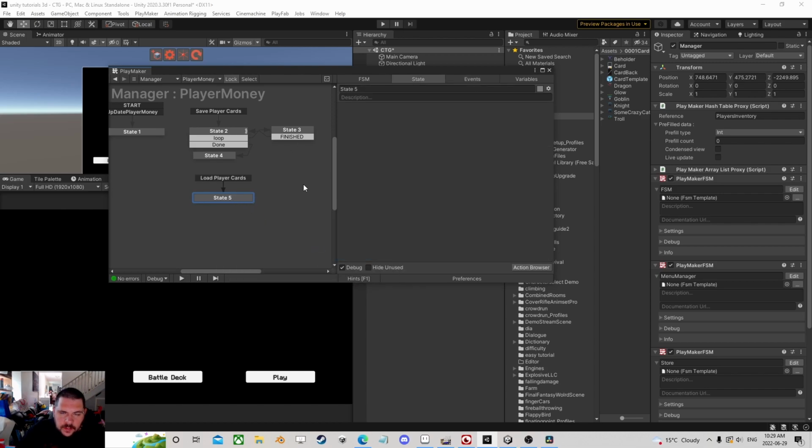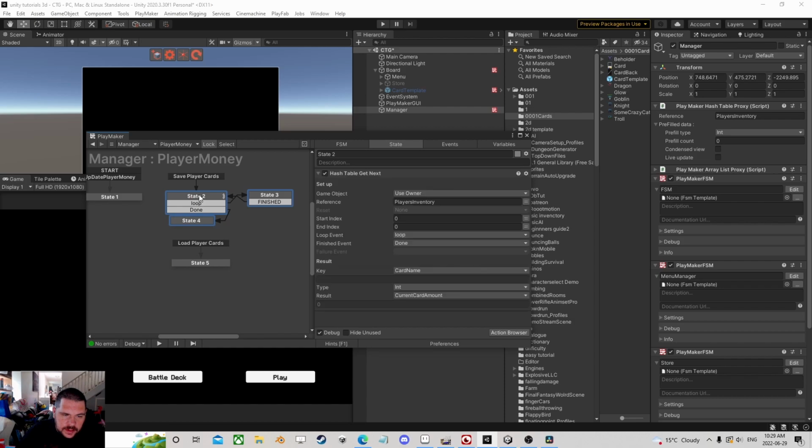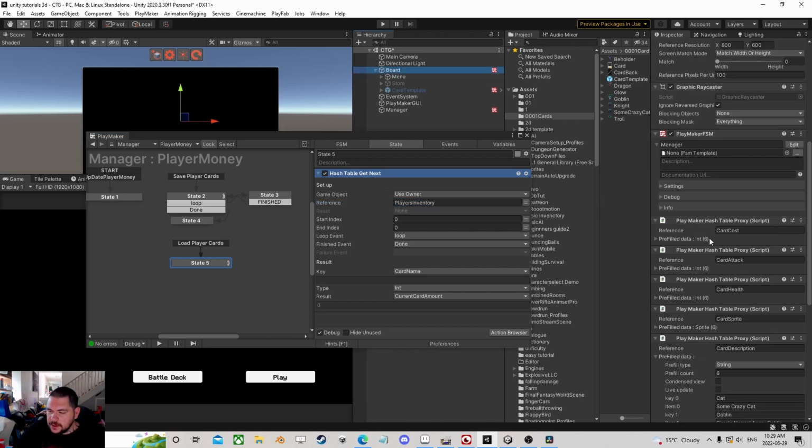So here we would need to now, again, we kind of more or less do this same logic. Just going to copy that and paste it in here. But we're not going through the player's inventory, because the player's inventory is empty. There's nothing to loop through, right? We're loading. It's empty. But what we need to do is actually go through